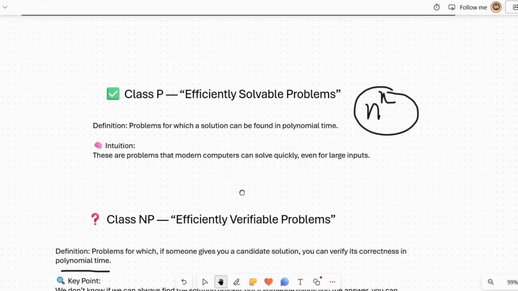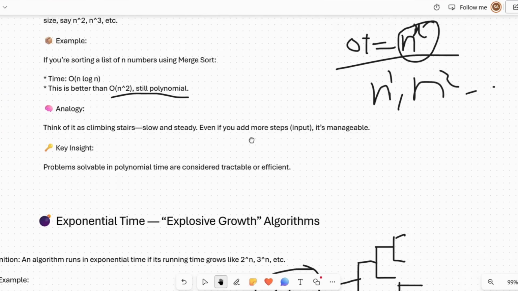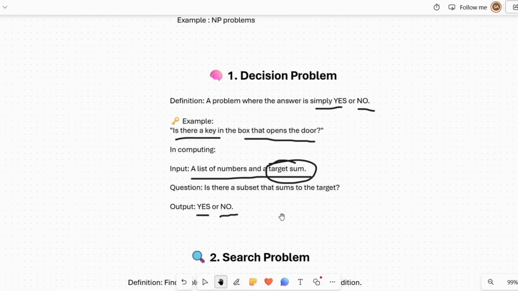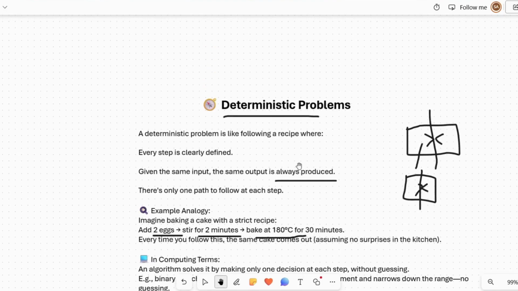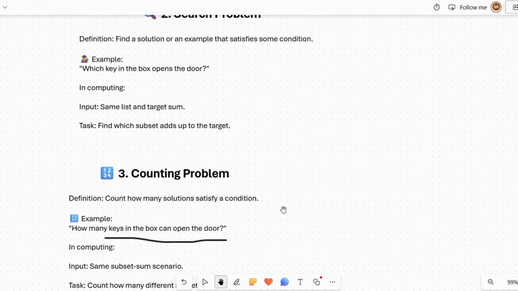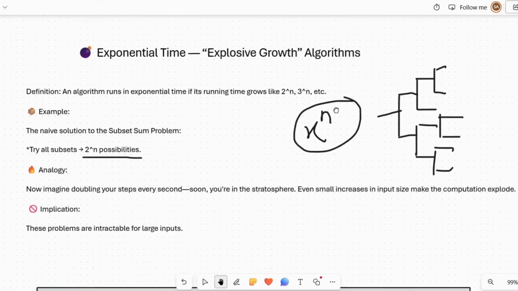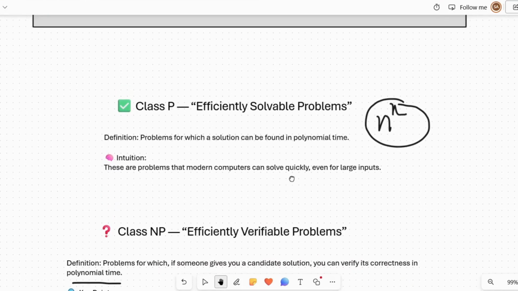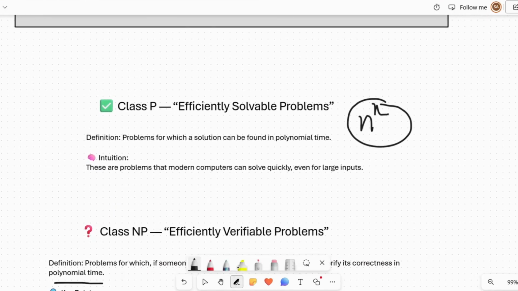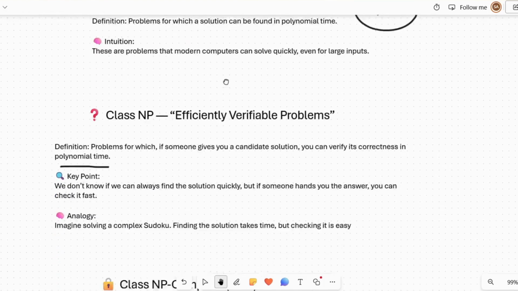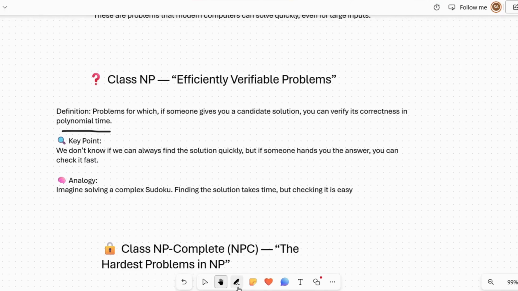We already talked about deterministic, where we follow one path. In class P, we follow a deterministic solution. In an NP problem, we find the solution in a